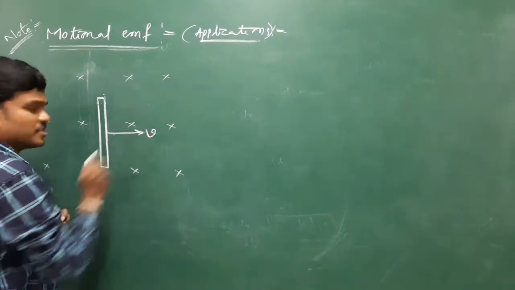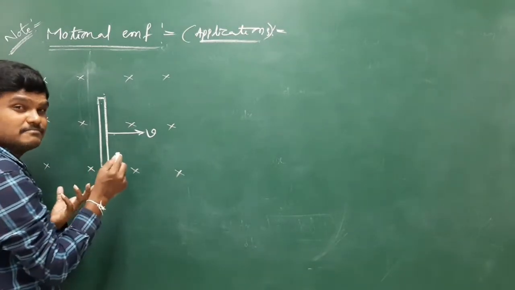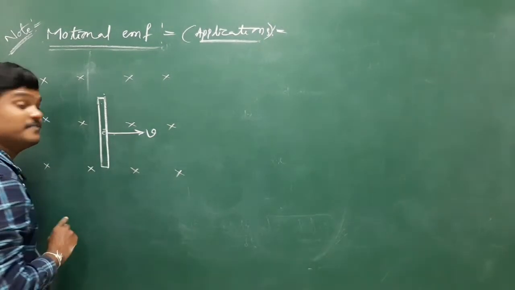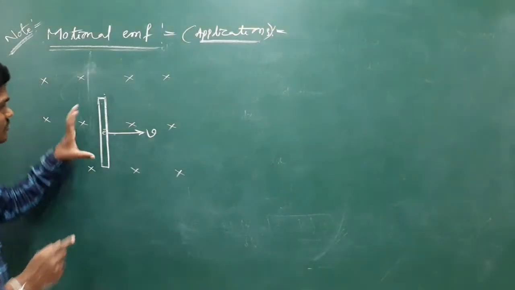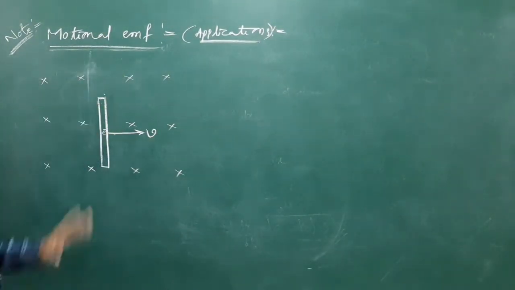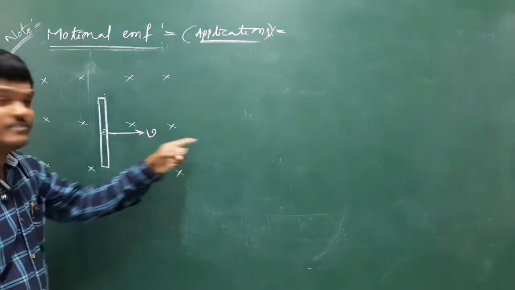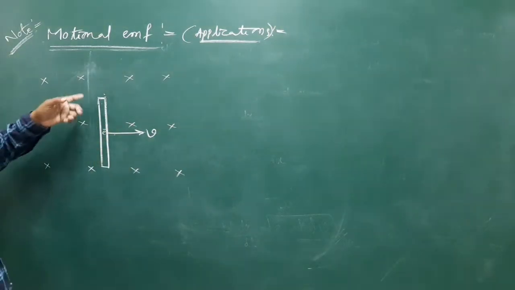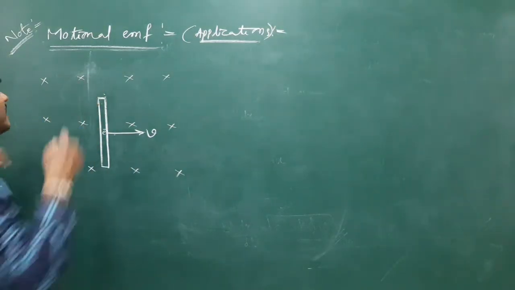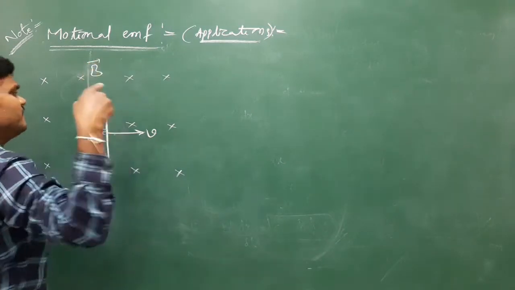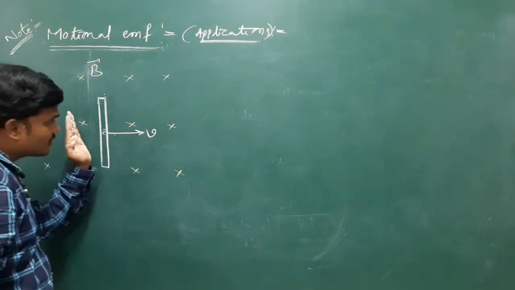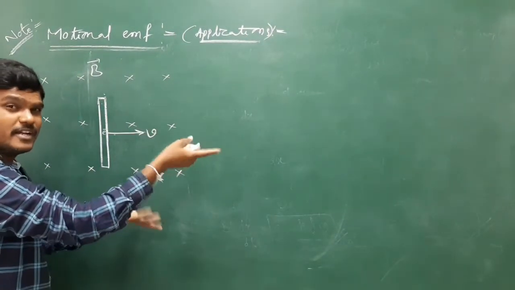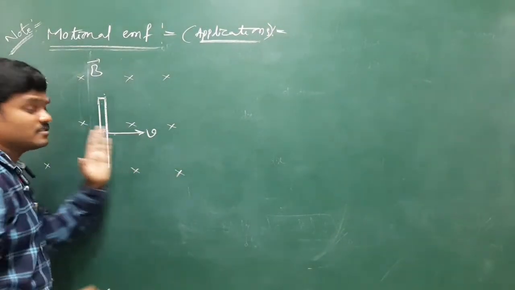Once it is in motion, in a conductor there are a number of free electrons. So the conductor contains a number of free electrons, we know. So indirectly, electrons are moving with a speed v, and see, it is moving perpendicular to the magnetic field. The magnetic field is into the board, and the motion of the electrons is to the right side like this. Means the conductor is moving, and in the conductor electrons are there, so those electrons are moving.